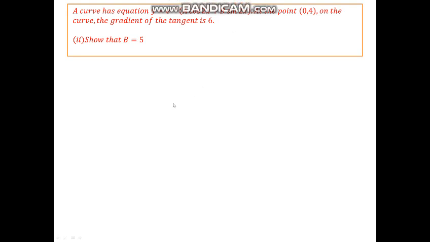Alright, next we are going to look into the second sub question. They are asking to show that b equals 5. From the first question we substitute the curve by the x and y value. And then from the question itself they gave one additional piece of information, which is the gradient of the tangent is